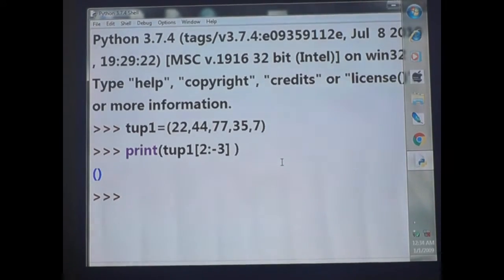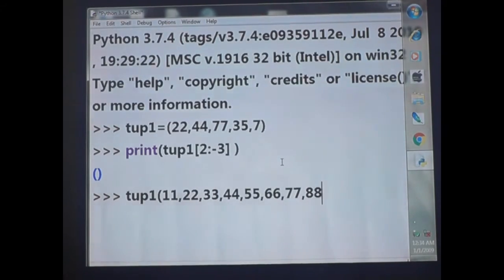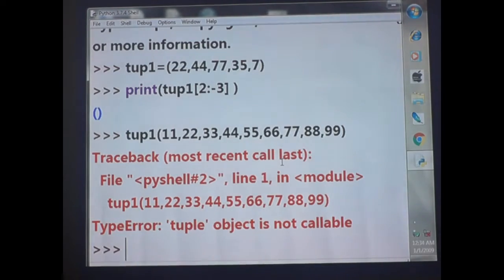Okay, let me explain with one more example. TUP1. If I give more values, I can understand. Okay, so 11, 22, 33, 44, 55, 66, 77, 88, 99. What is the problem?